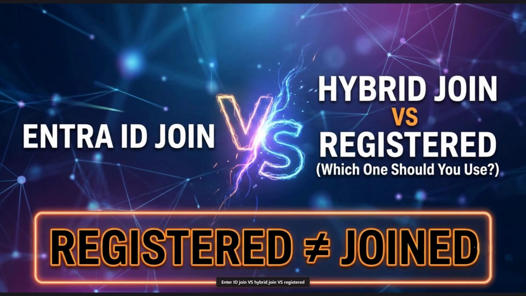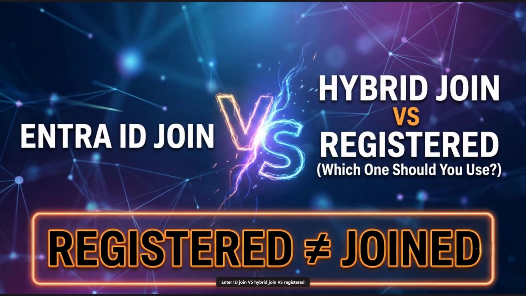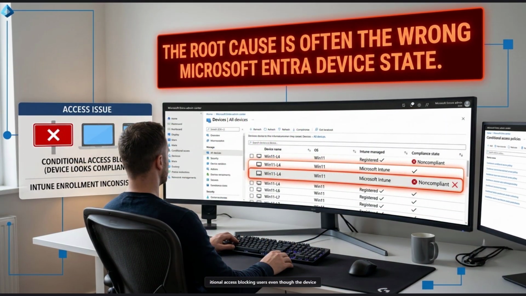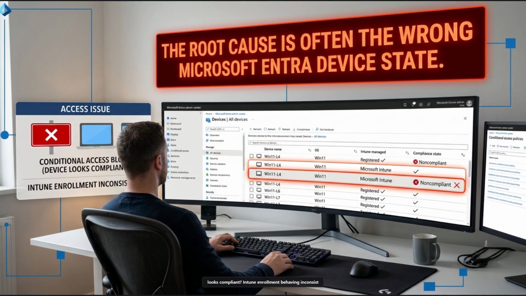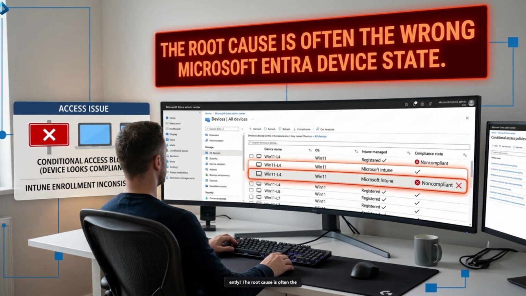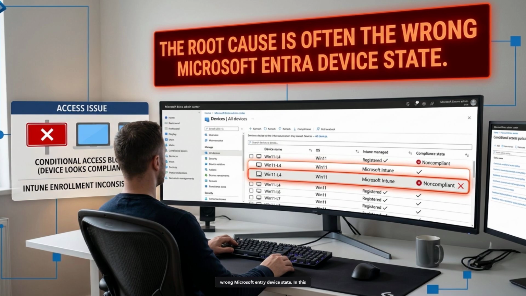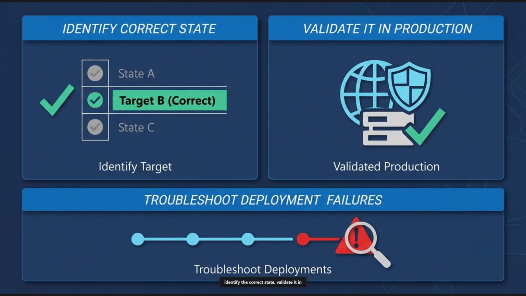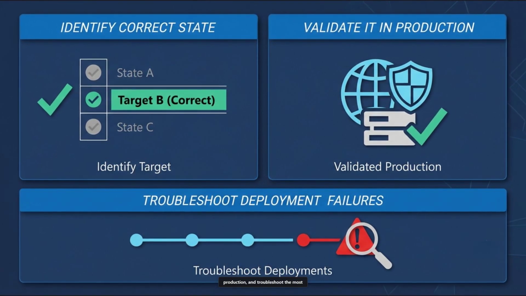Entra ID Join vs Hybrid Join vs Registered. Which one should you use? Conditional access blocking users even though the device looks compliant? Intune enrollment behaving inconsistently? The root cause is often the wrong Microsoft Entra device state. In this video, I'll show you how to identify the correct state, validate it in production, and troubleshoot the most